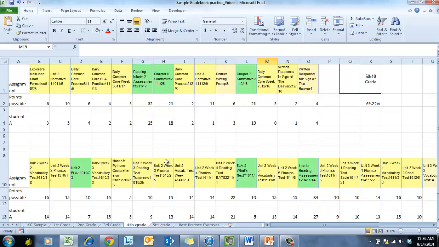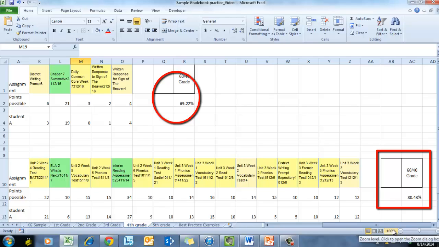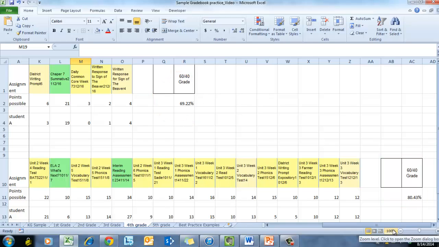Both students scored the same thing on the writing prompt. They each earned half of the possible points. And both students earned the same score on the district interim reading test, a high C. However, look at the student outcomes in the end. The grades differ by 2 letter grades because of the influence of the number of formatives and how the students performed on those. The second teacher has far more opportunities for the students to influence their grade through formatives than